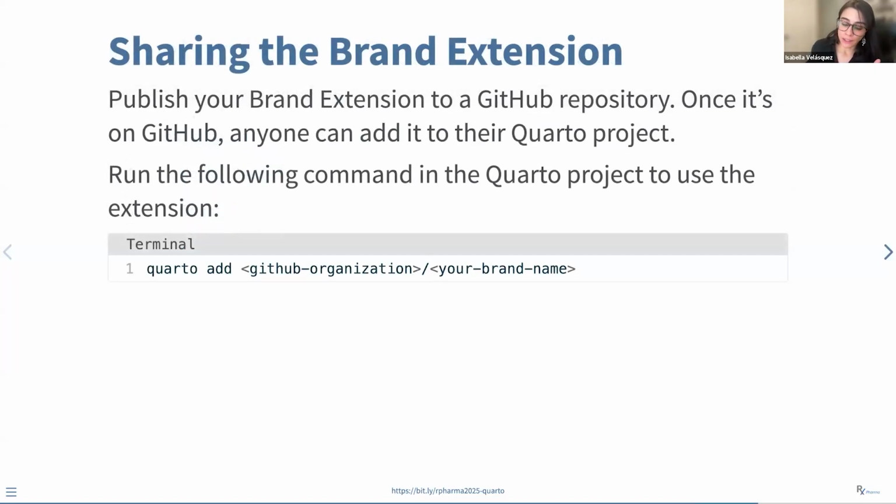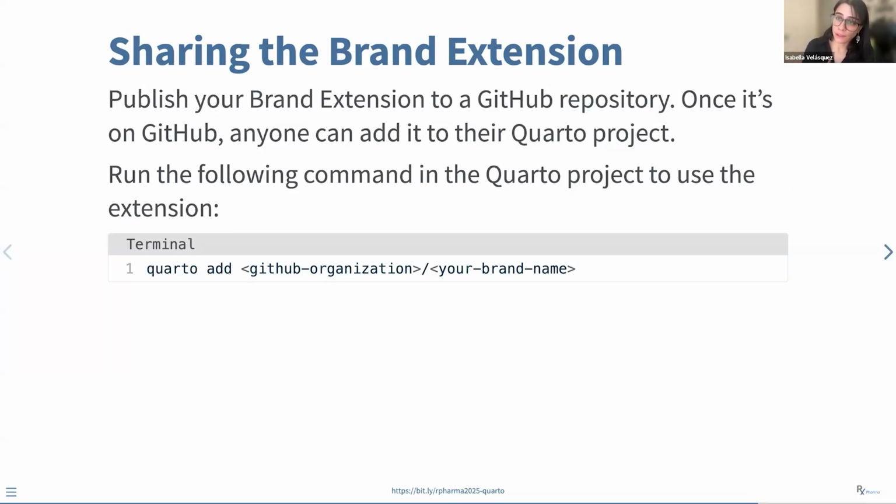There is also an examples document. So you can change your brand YAML file and then re-render that document and see how it looks until you get exactly what you want. And then once you publish your brand extension to, say, a GitHub repository,